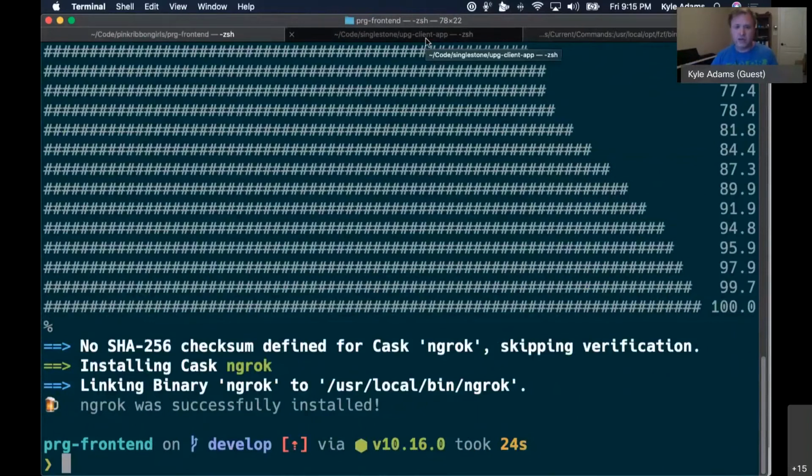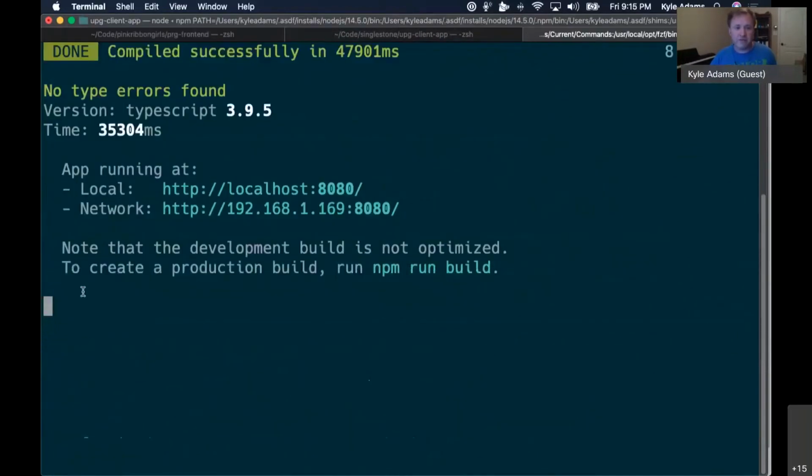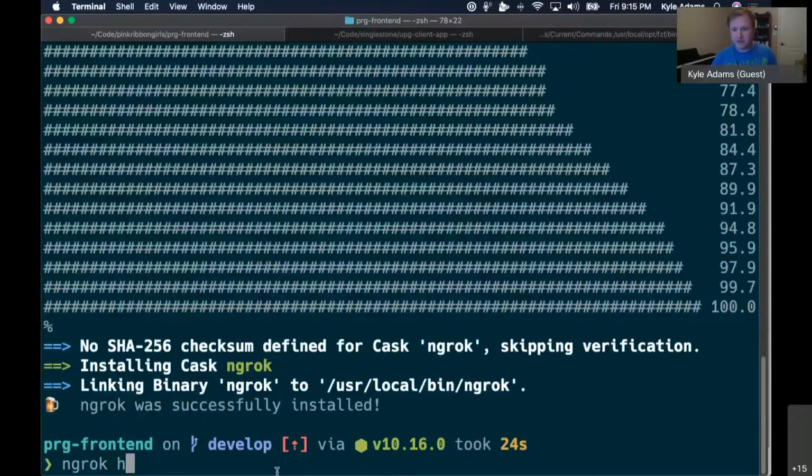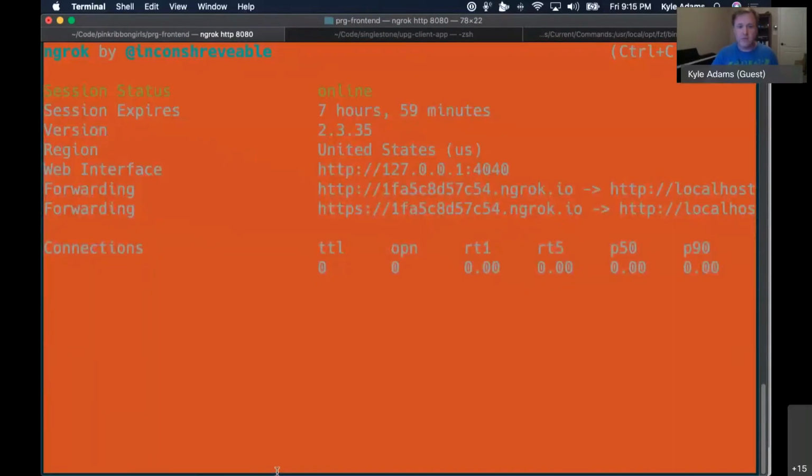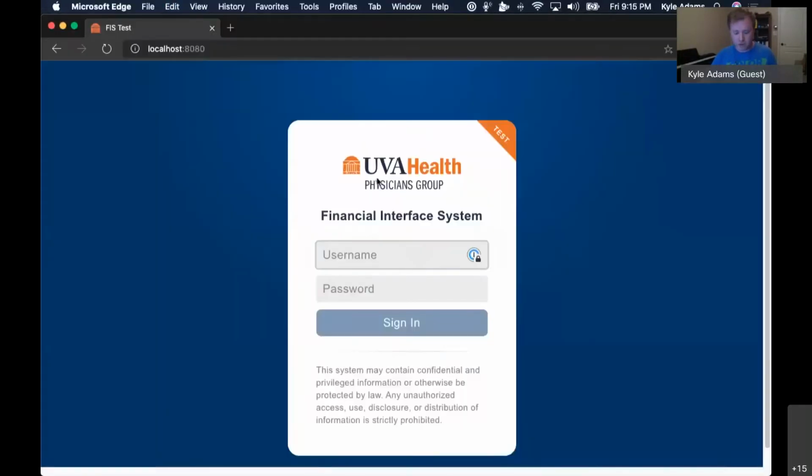What it does is it runs a tunnel so that if you have a web app running locally on your machine, and over here in this tab I've got a Node app up and running, I can run ngrok and say http 8080, and it will fire up an address here that I can pass along to a coworker